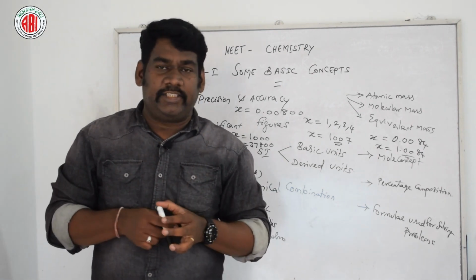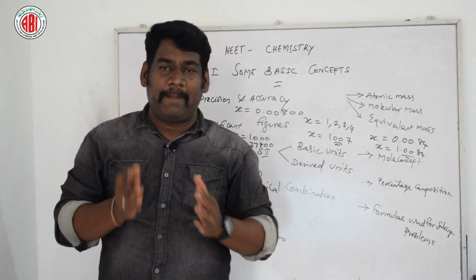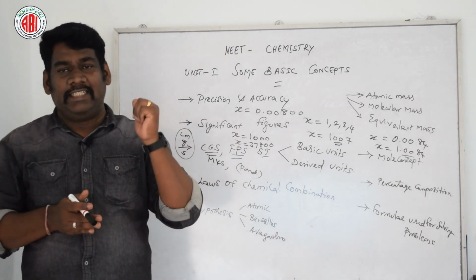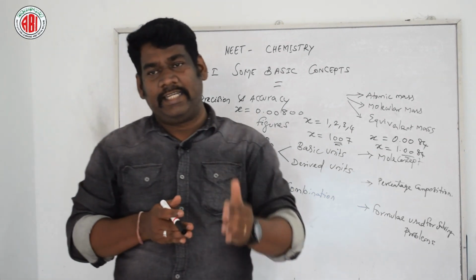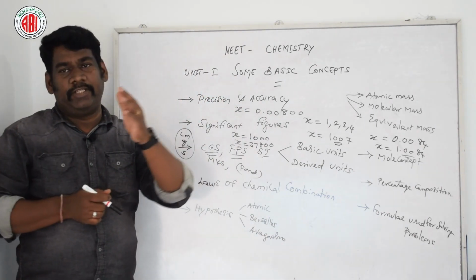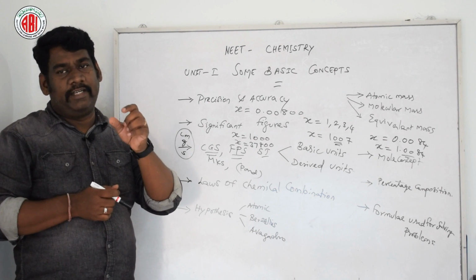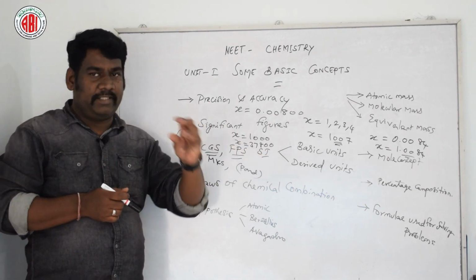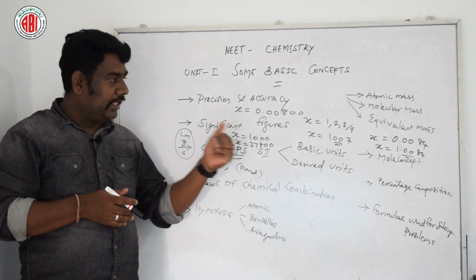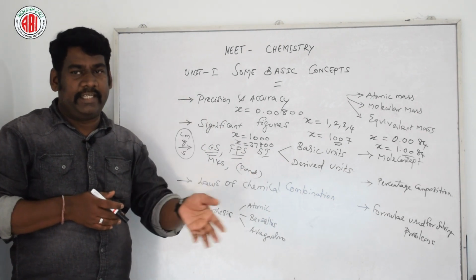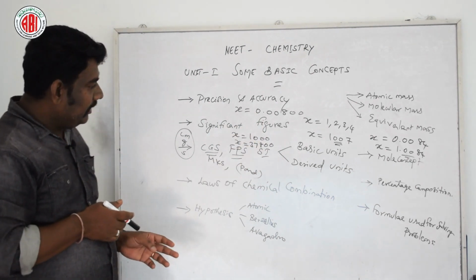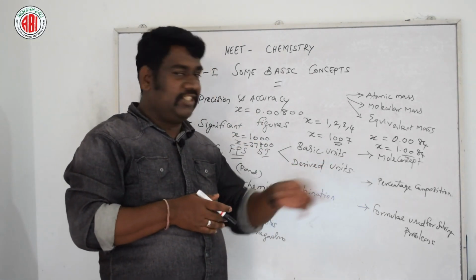Then electric current: the SI unit for electric current is ampere, and the symbol is capital A. Then luminous intensity, measured by candela, CD is the symbol, and amount of substance. Amount of substance is very important in chemistry. That is measured in mole, and the symbol we use for it is mol. Mole is a concept of amount of substance, that is the amount of molecules present in the element or the atoms or the particles. So this is about the 7 basic units.